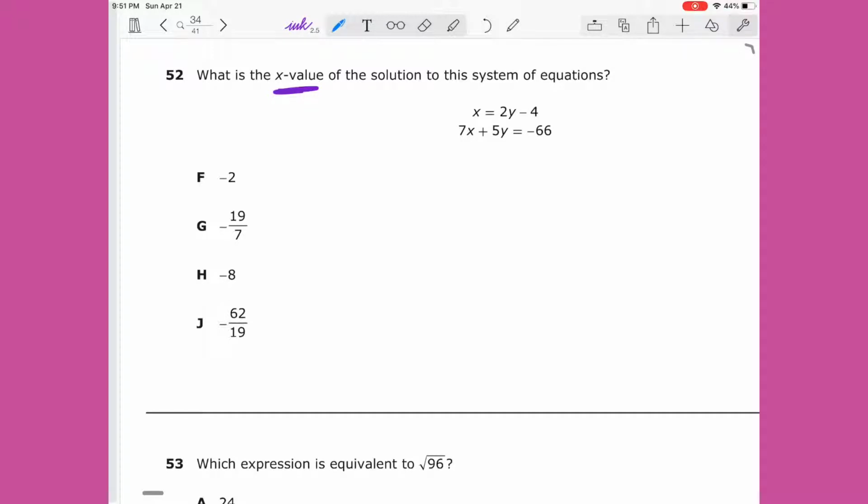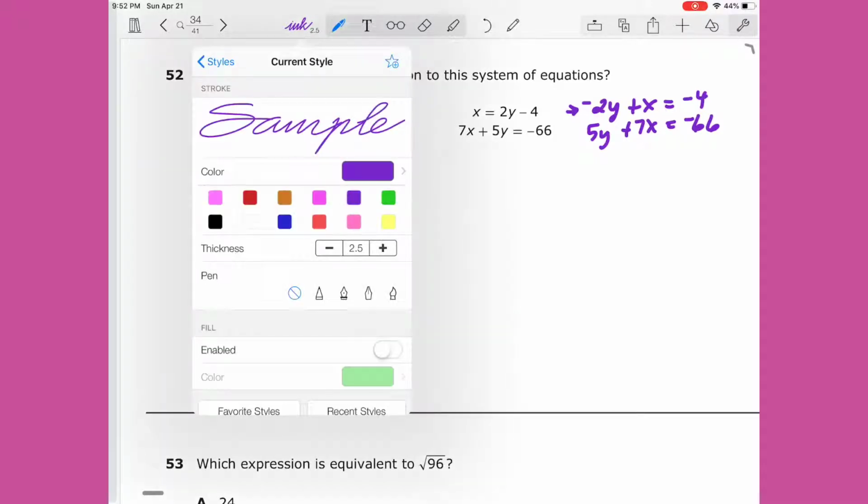So I'm going to rewrite this. I'm going to move my 2y over. So this is going to become negative 2y plus x is equal to negative 4. I'm going to rewrite the second equation. Let's remember we want to arrange these so that they're in the same order. So this is going to become 5y plus 7x is equal to negative 66. Okay, so I want to eliminate